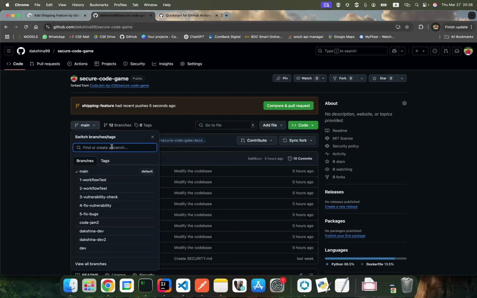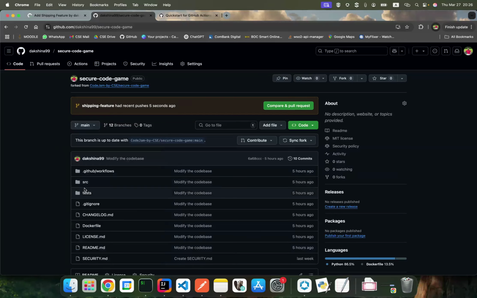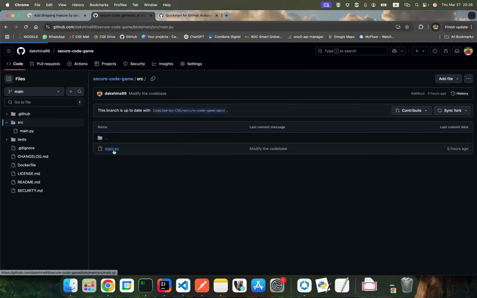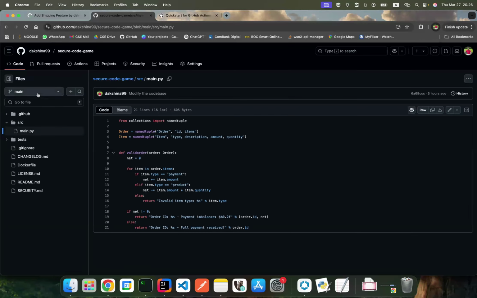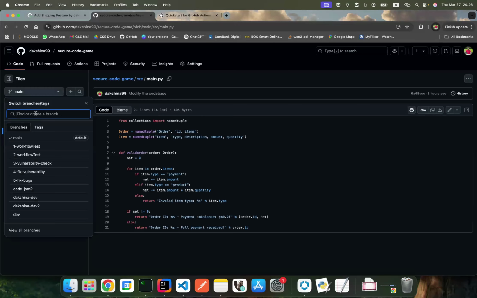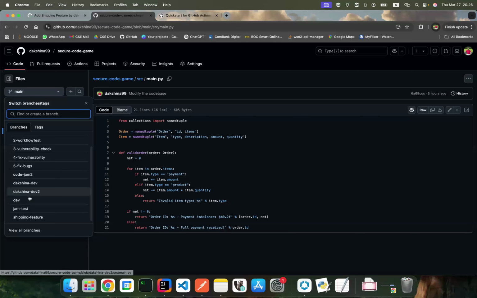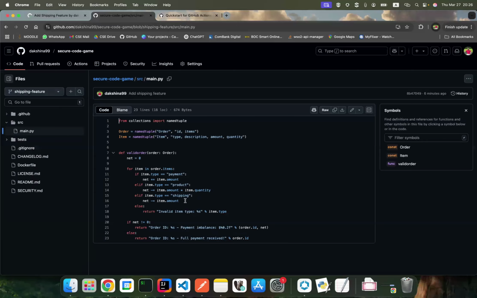So here you can see that shipping feature branch. In your main branch, when you go to the main python file, you can't see the shipping feature still, right? But when you switch to the shipping feature branch, you can nicely see the changes that we have made.